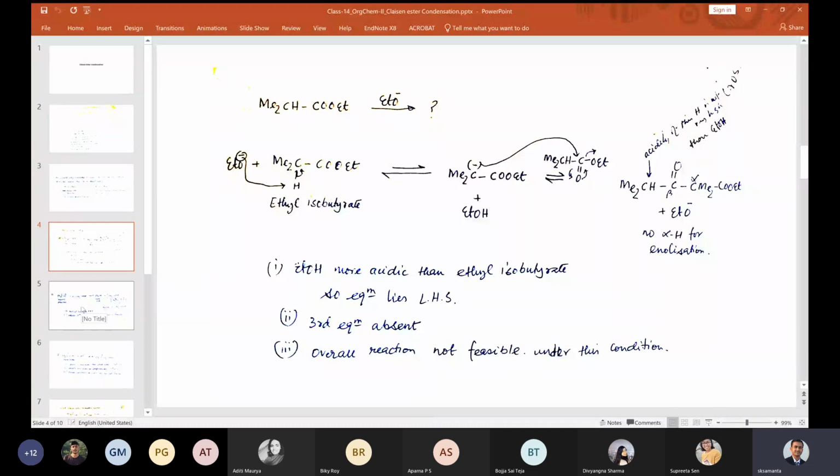Yes, sir. So common ion effect we are doing for this. No. We are not talking about common ion effect. That is totally different. Here we are talking about just increasing the basicity of this one. So you just increase it.